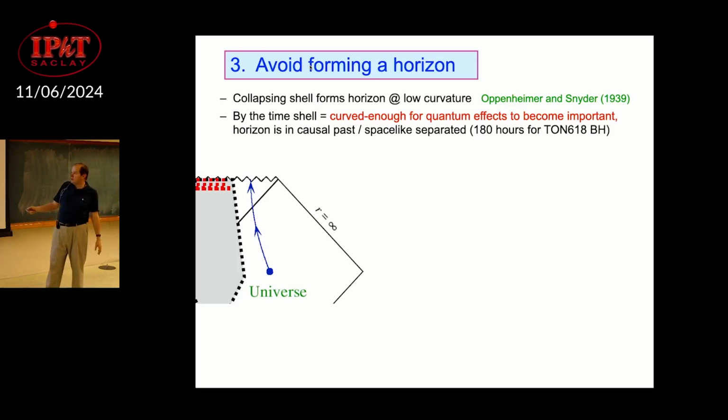So let's suppose I make a horizon. I'm collapsing some huge shell of dust somewhere in the middle of the universe. I make this super mega big black hole. Then the shell of dust, when you collapse it, goes to the scale of the horizon and forms a horizon. This was shown by Oppenheimer and Schneider, sorry, back in 1939. When you collapse a shell of dust, it makes a horizon. You cannot escape. So you make a horizon, and then the shell of dust keeps on collapsing for 180 hours.